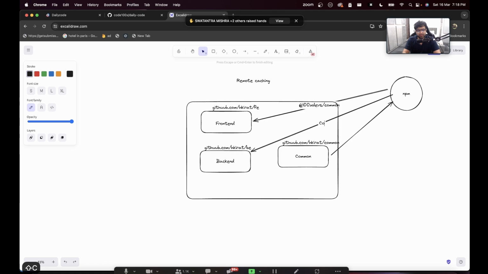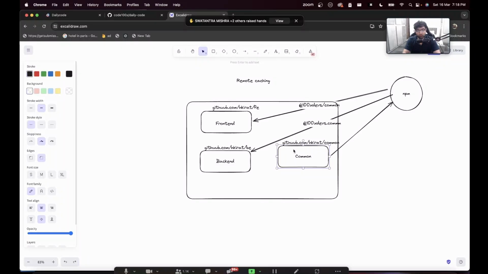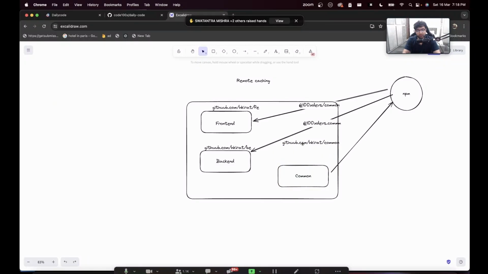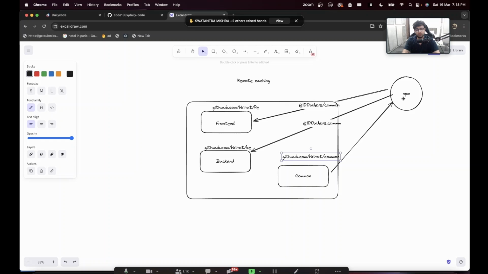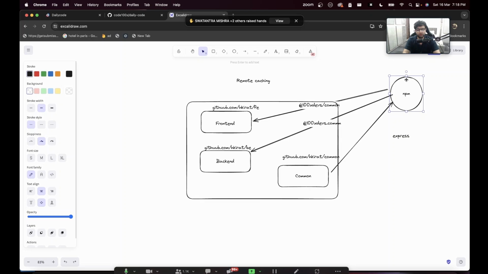So as you can see, for me to be able to share code from a common repository, I had to push it to NPM, the node registry. I had to make a library like Express and push it over there, then use that library in both my places. Versus if I use a monorepo,